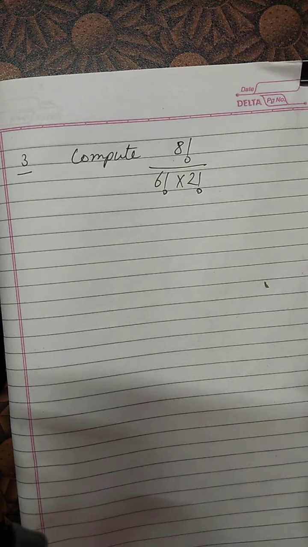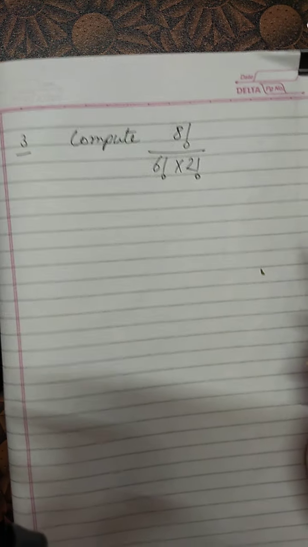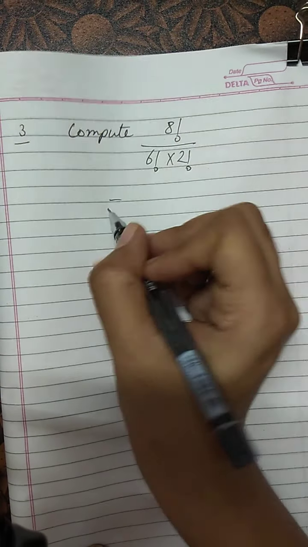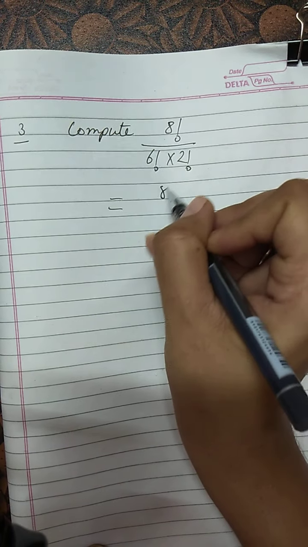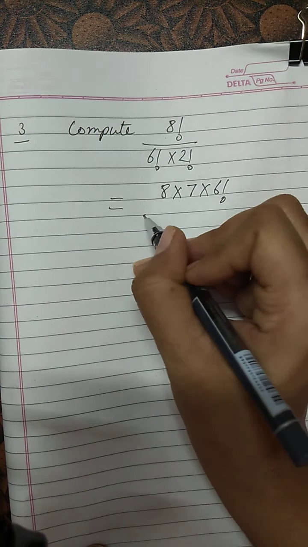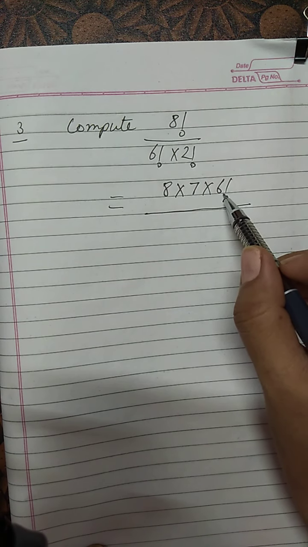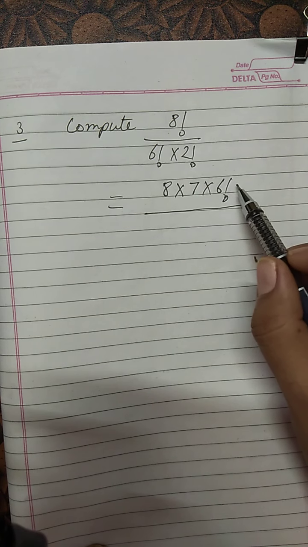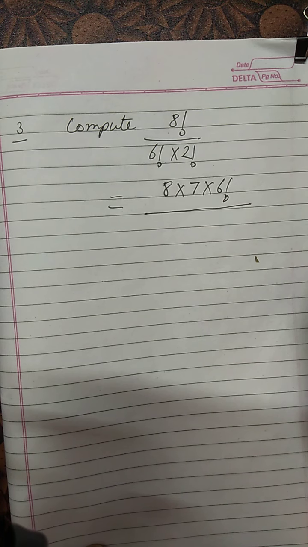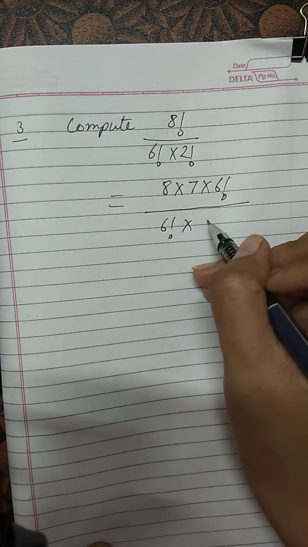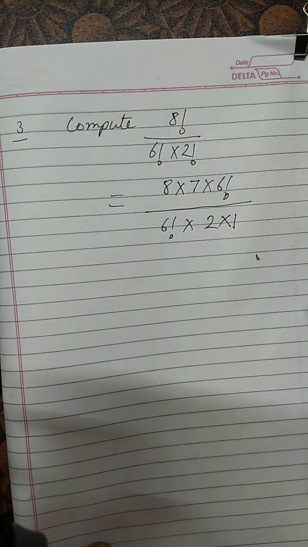So remember, as we are doing factorial, we will be using the results based upon the factorial concept to make our calculations easy. So it will be written as 8 into 7 into 6 factorial, because what will be 6 factorial? Again, the product of first 6 natural numbers, so it will be 6 into 5 into 4 into 3 into 2 into 1. And now the denominator 6 factorial, if I keep as such, 2 factorial means 2 into 1.